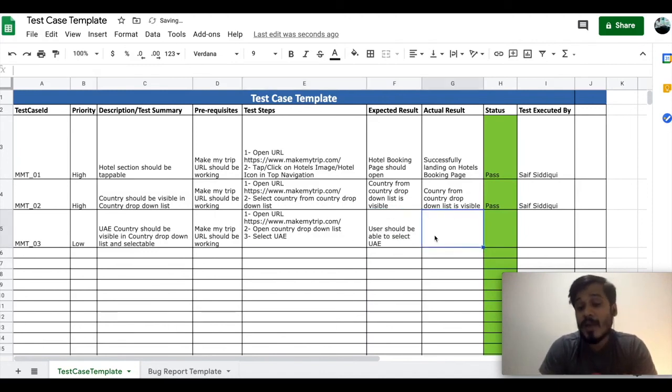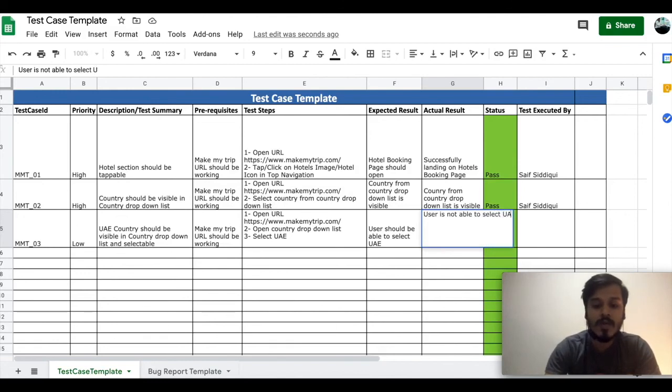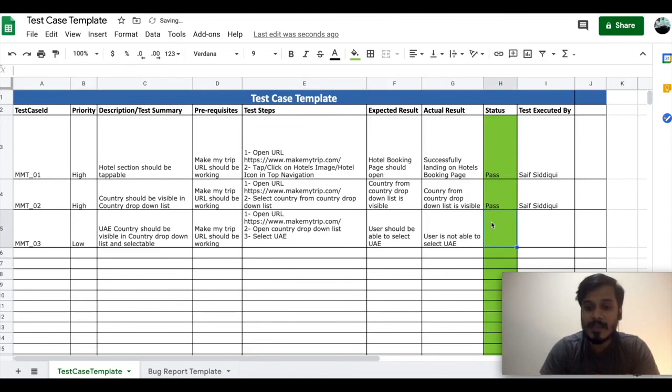If I am able to select UAE, I will write user is able to select UAE successfully. Otherwise, I will write user is not able to select UAE and my test case will fail.